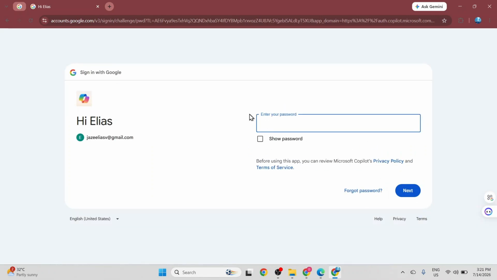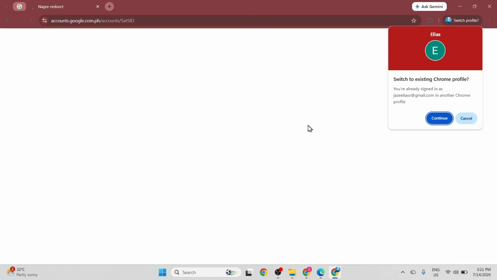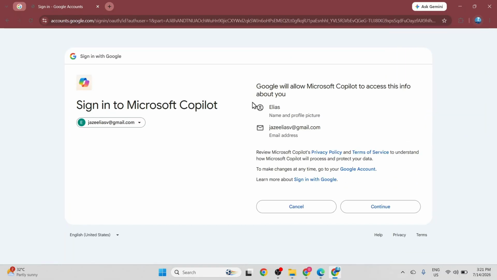Now I am prompted to enter my password. I click into the password input field and type it in. Oh, it looks like I made a typo here on my first attempt. Let me clear that out, type it in again carefully, and then I will click Next once more to proceed. A quick security pop-up appears on the right side of the screen asking if I want to switch to an existing Chrome profile. I don't need to do that for this setup, so I'll go ahead and click the Cancel